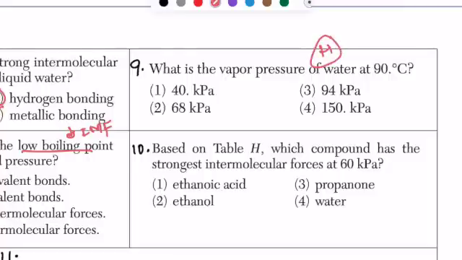Based on table H, once again, which compound has the strongest intermolecular forces at 60 kilopascal? So in table H, at 60 kilopascal,